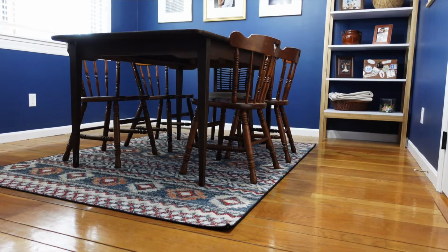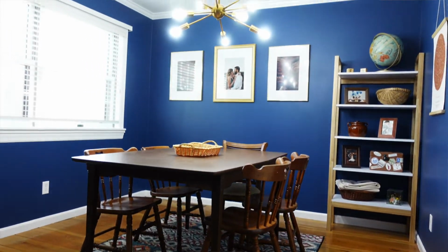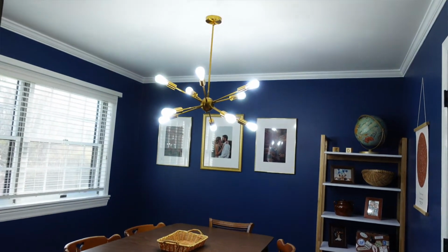My name is Elizabeth, and in today's video I'm going to show you guys how I reupholstered my dining room chairs. A few weeks ago I put out a video showing you guys the complete transformation process of my dining room. I'm in my dining room right now. I absolutely love it. I love how everything came together, but there was one thing that was missing, and that